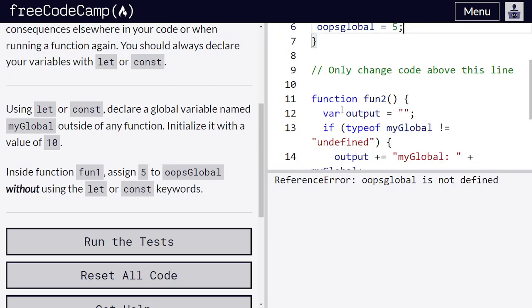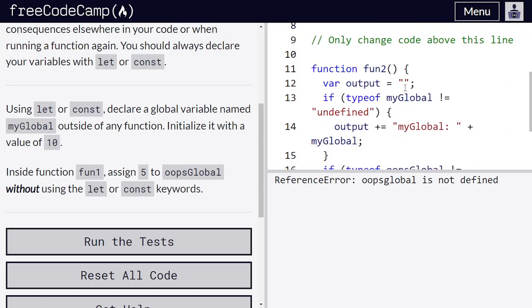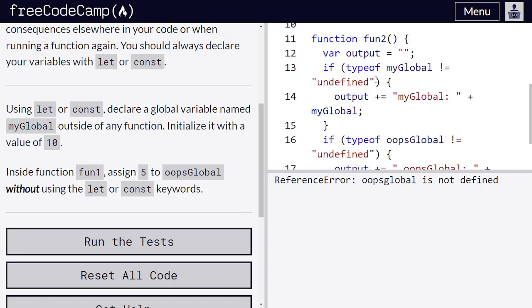So here we have a function f2 inside which we have output as an empty string. If typeof myGlobal is not equal to undefined, that means the data type of myGlobal. We have different data types like number, strings, or if it is nothing, then it is called undefined.